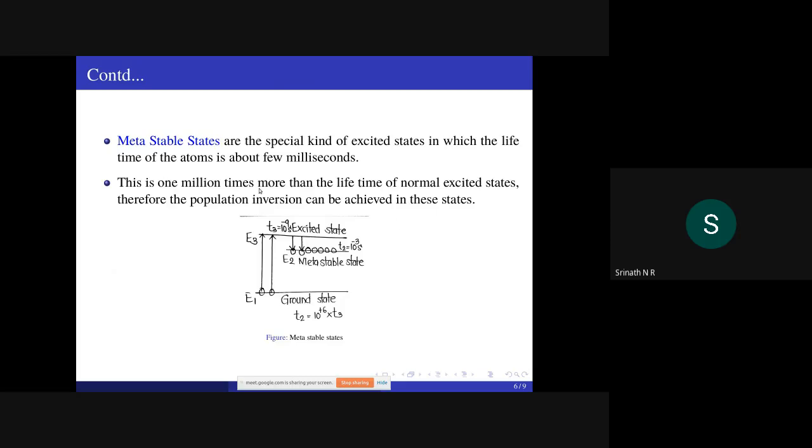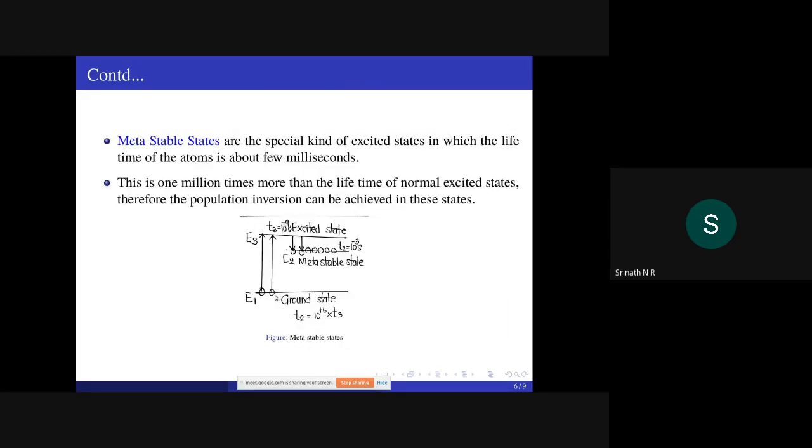Population inversion is nothing but the number of atoms in the excited state being more than the number of atoms present in the ground state. This is an artificial condition. This is against the natural population. Usually, a greater number of atoms will be in the ground state, whereas very few atoms will be in the excited state. So, as I mentioned here, the atoms are lifted